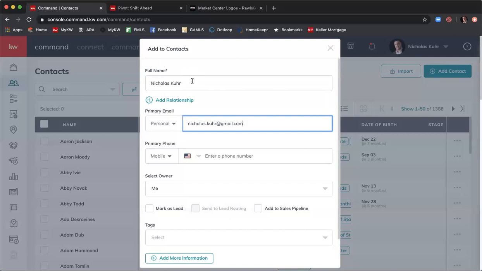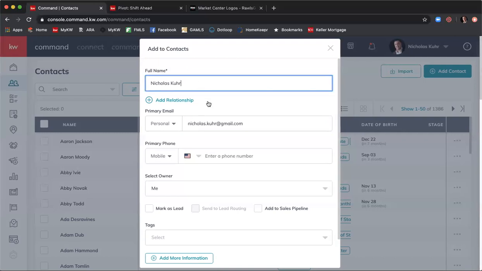So if you add all four of those pieces of information, you'll get an 80% health score. Custom tags, birth date, anniversary date, and social media pages are each an additional 4% of the health score. I'll show you once we create this contact